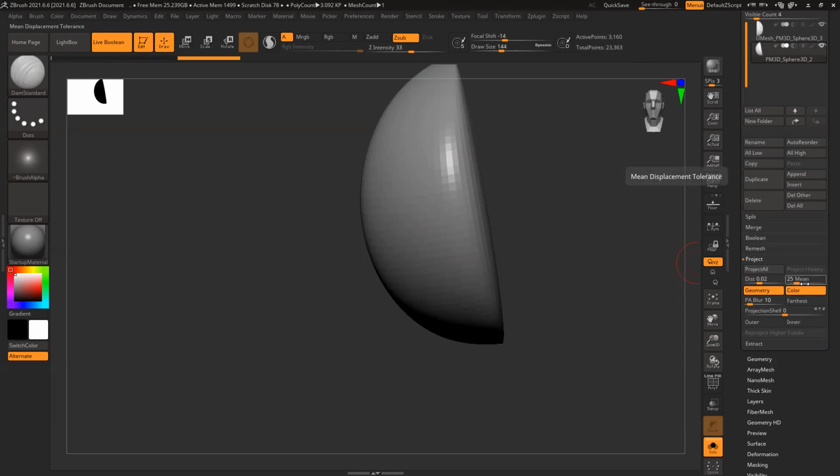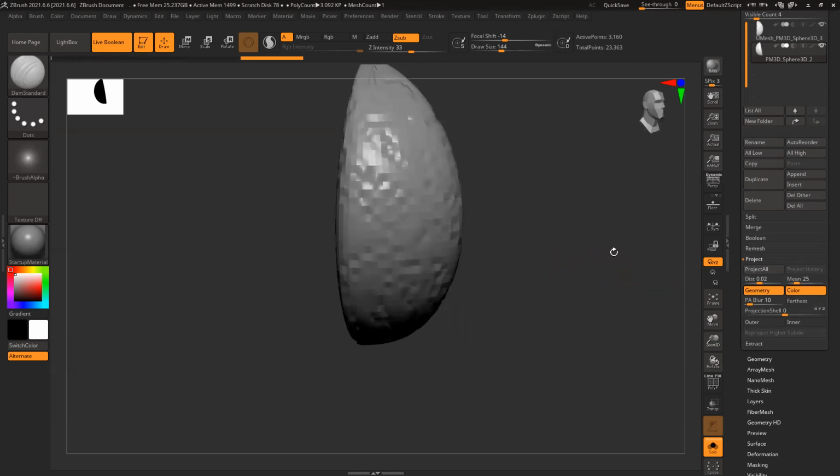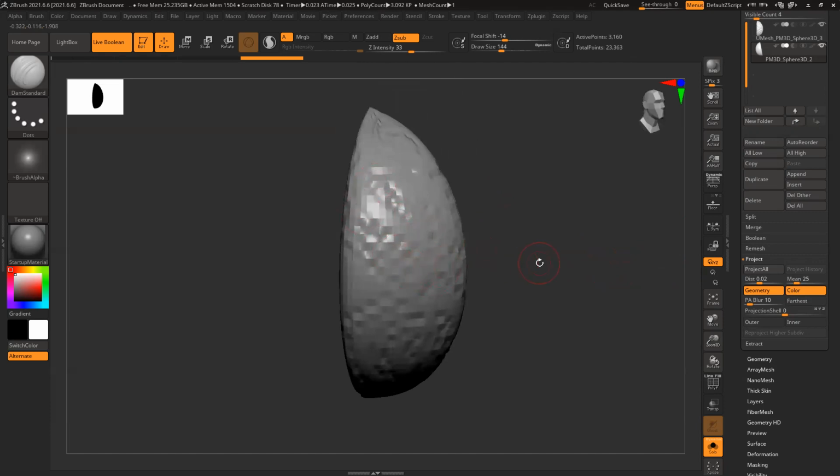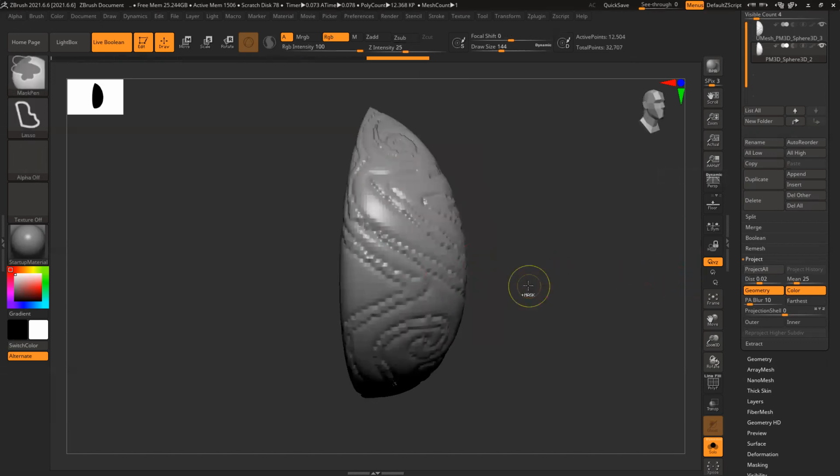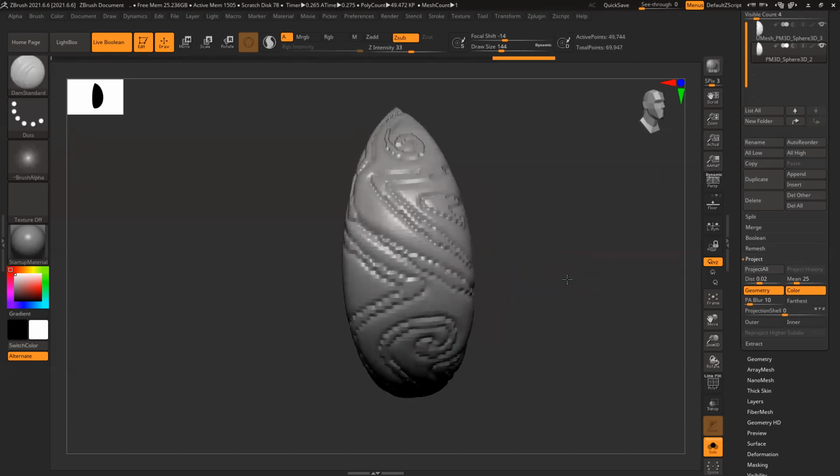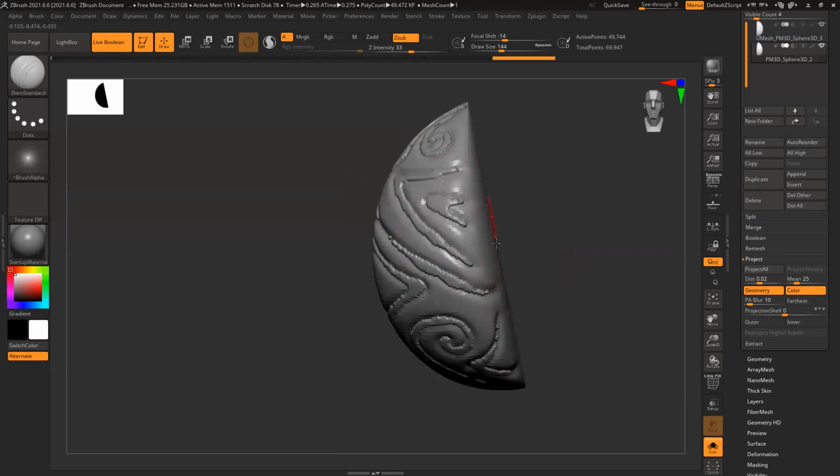Basically, like we have this average, right? In maths we use the mean, I forgot the term. So it's exactly the same thing, and this is the distance of the model it's going to project. So click on this, you can see we get a little bit of detail, but there are not enough polygons to retain the detail. Control D one more time, project all, Control D one more time, project all. Like this, you can modify and get all the details here.